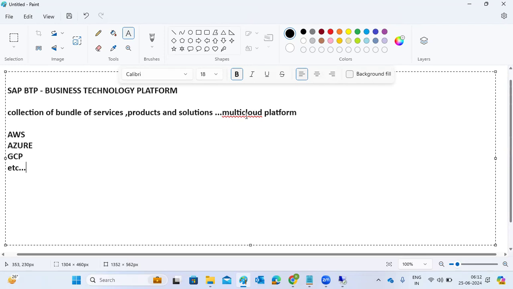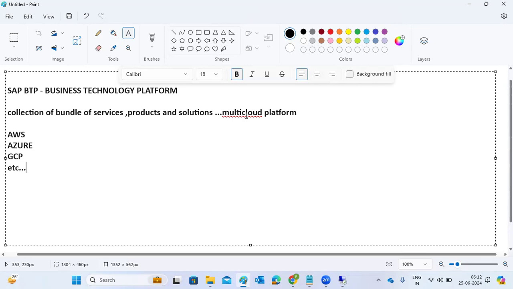So BTP allows customers to work directly on the solutions and coding rather than focusing on the installations and configuration. It's designed to help organizations become more intelligent and sustainable with cloud-based solutions.